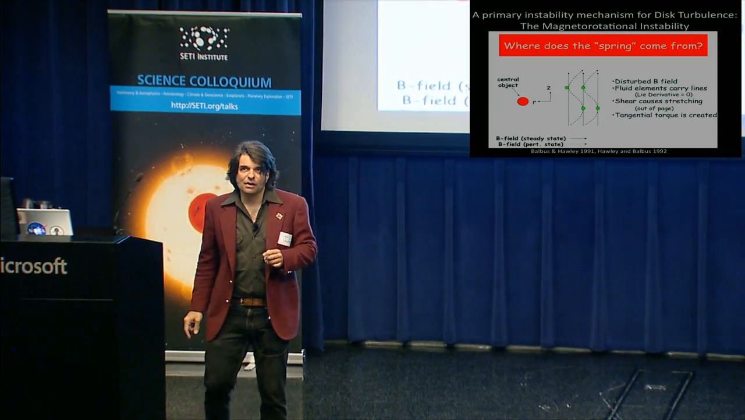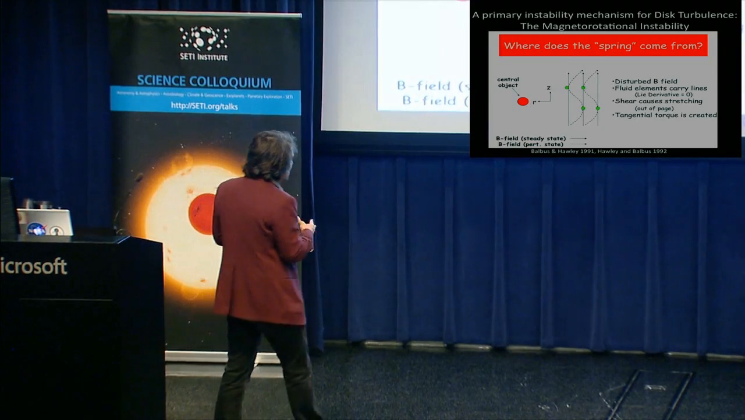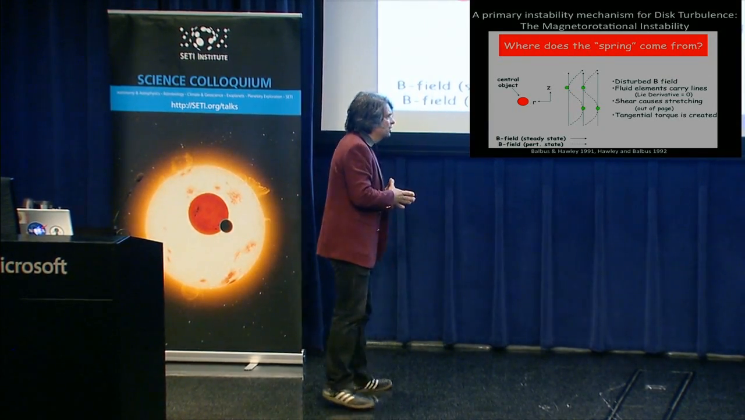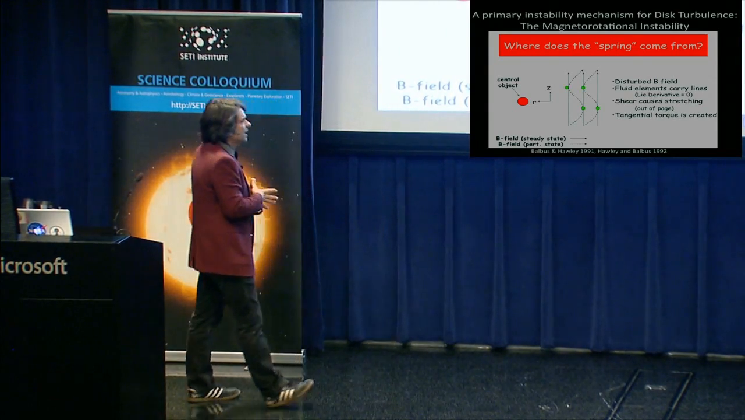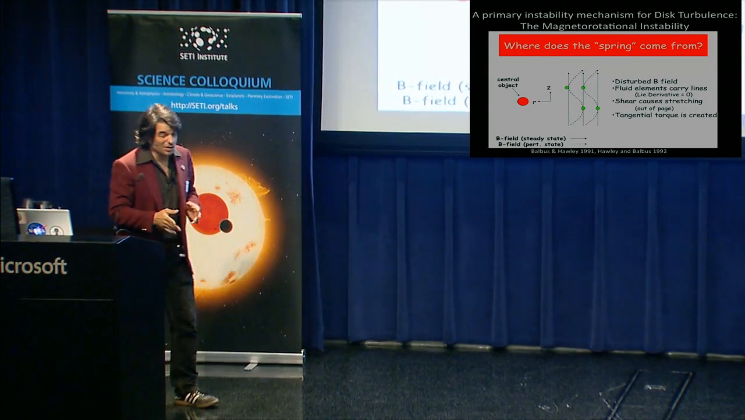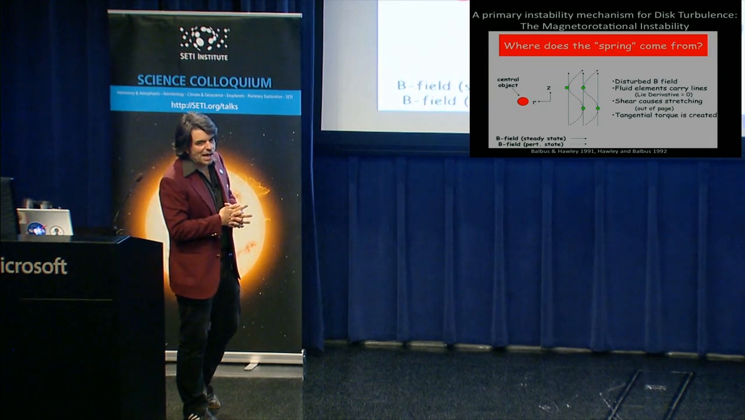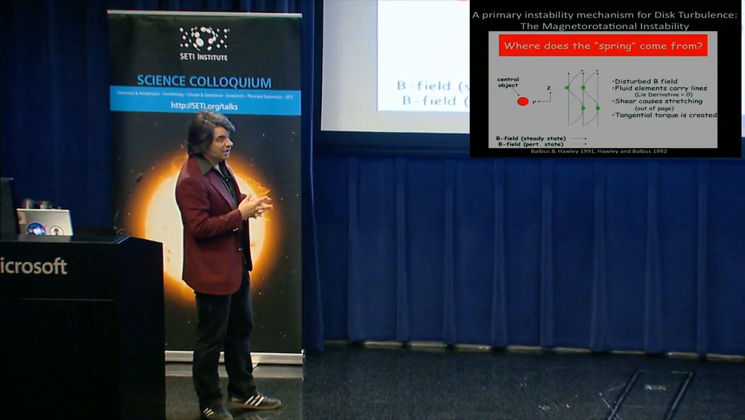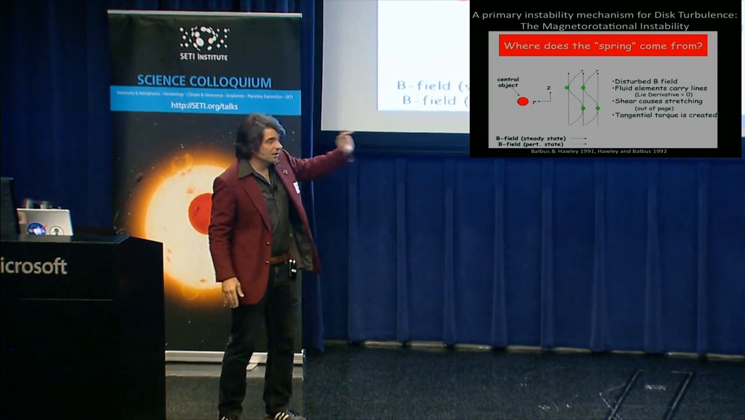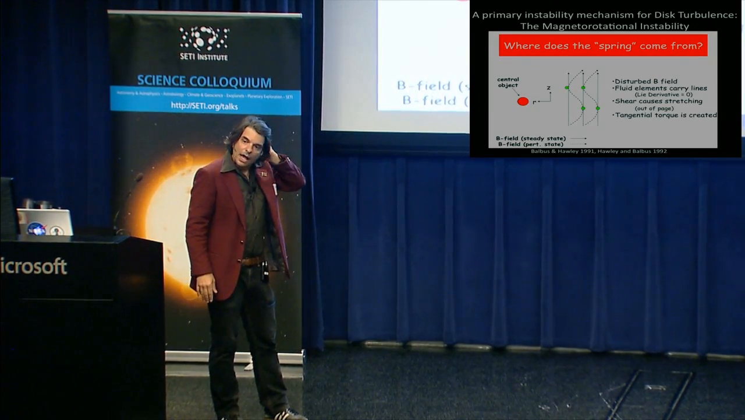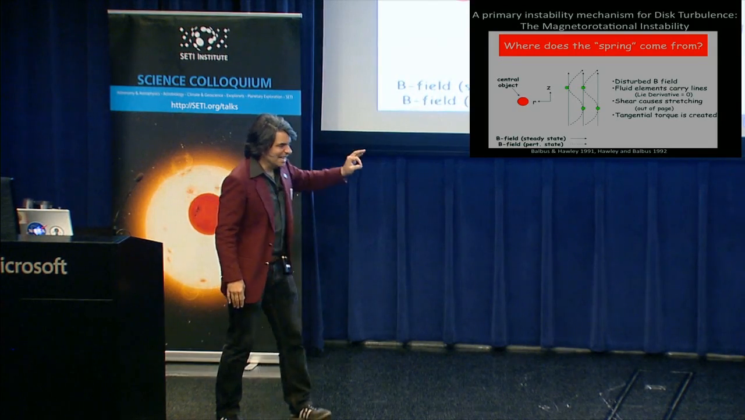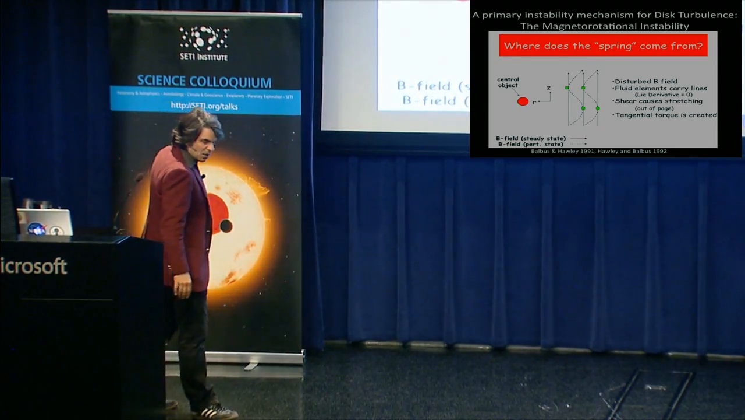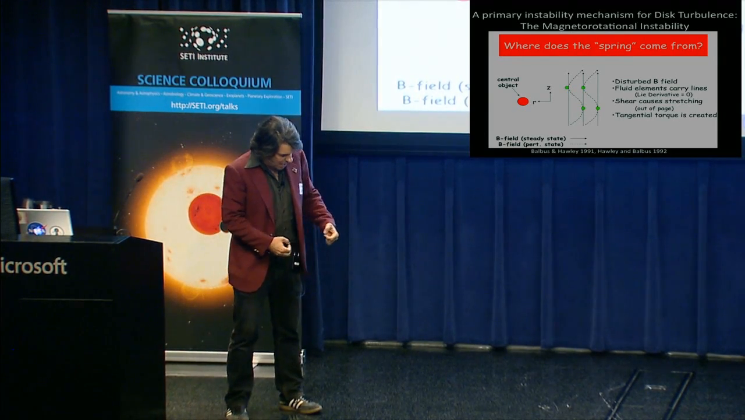Here's an example of where the spring comes from. This is the example in which this was originally identified as being relevant to an accretion disk. It turns out Chandrasekhar and Velikhov back in 1959 had understood this to be an instability as well, but in a sheared flow. But it wasn't until 25 years ago that Balbus and Hawley first identified this as being relevant for a disk. And essentially, the magnetic field lines are the source of the connection between